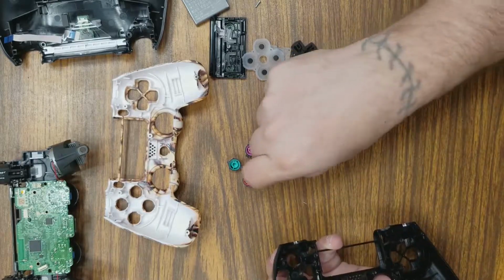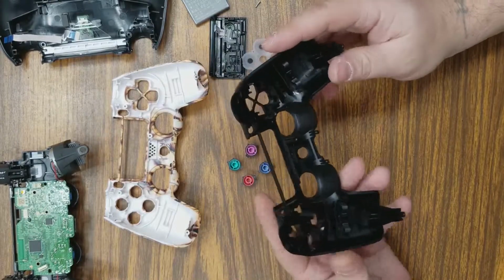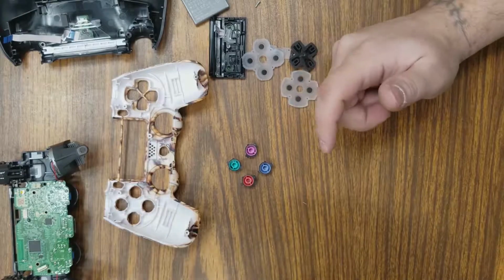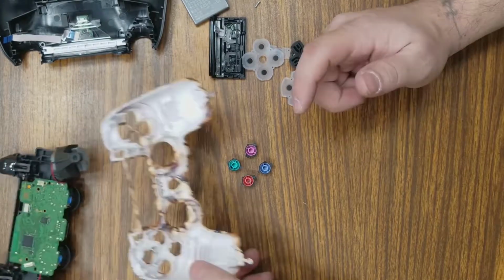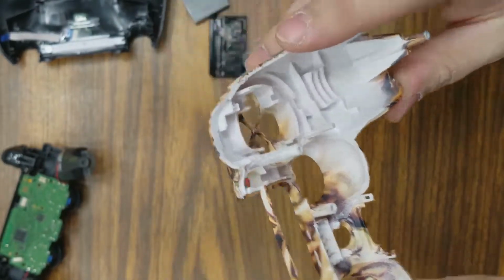If it makes it easier on you. It may not. So that's the old original front shell, completely disassembled, and no longer need this. So we will set this to the side. Now we need to make some modifications to this shell. Now the problem here,